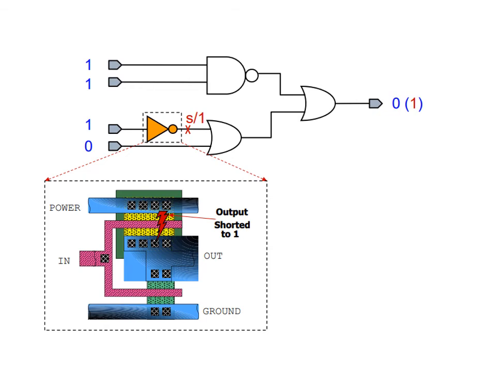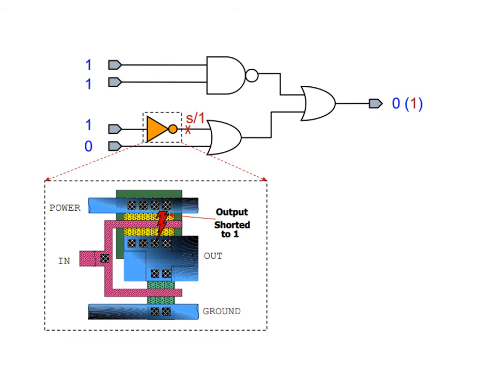That means here for 0 and 0 input, the output has to be 0, and for the inputs of the second OR gate, when both are 0, the output should have been 0. But here it has occurred. Here you can see that at the input line of the second OR gate, the line is stuck to 1. So in an OR gate, irrespective of the other input, the output will be 1.